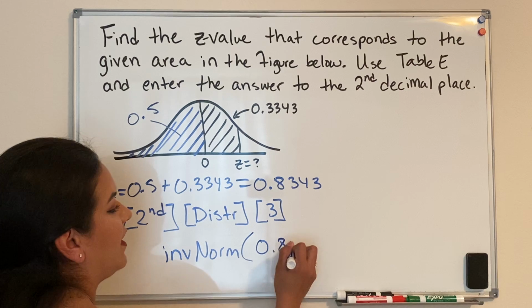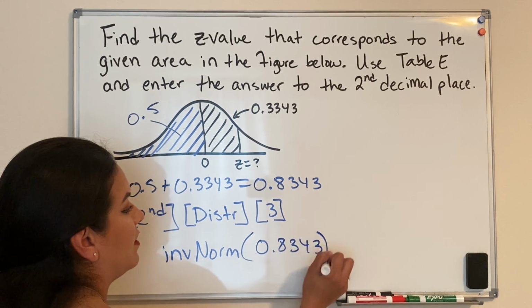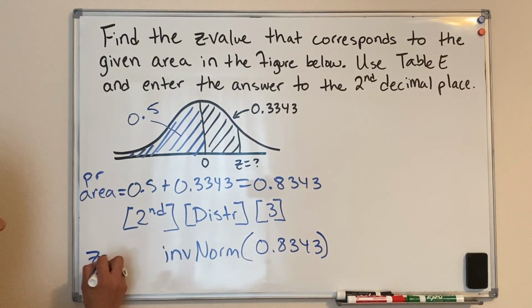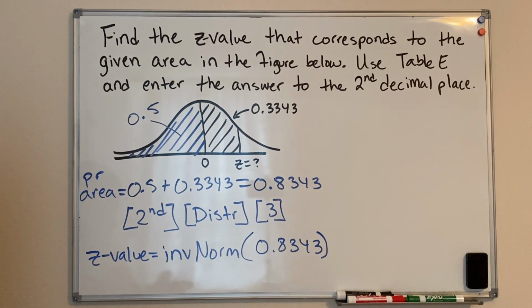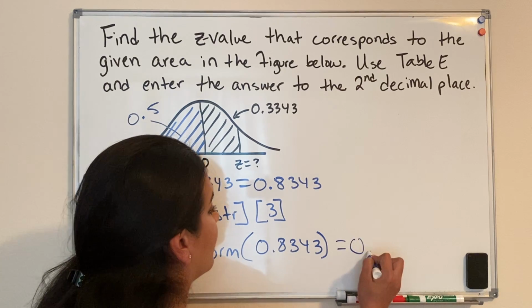So 0.8343, and that's going to give you your z-value, right? You're going backwards. You've got the probability and you're going backwards to find the z-value. So second, let's turn this on, second, distribution, number 3. So we've got inverse normal. Now we'll enter that 0.8343, close the parenthesis, enter, and then you get a z-value of